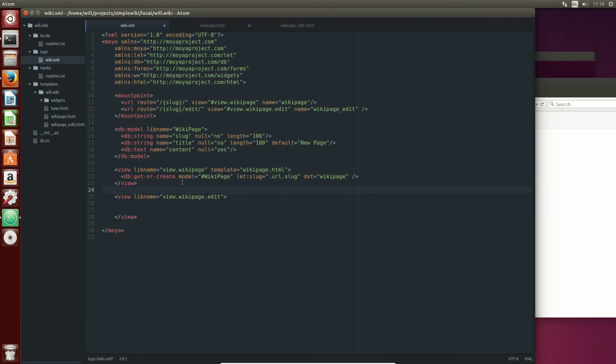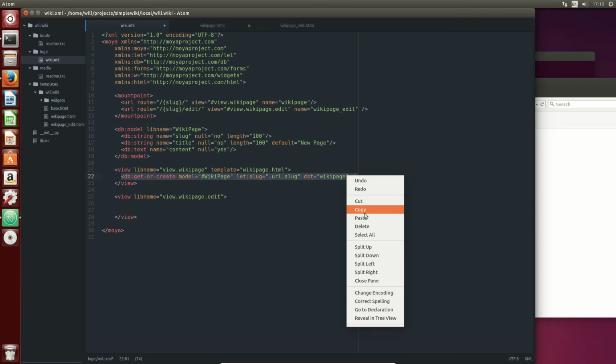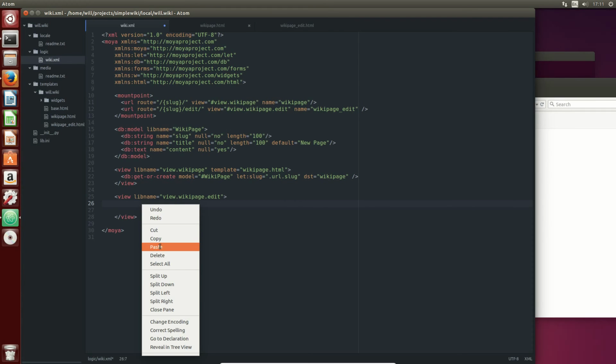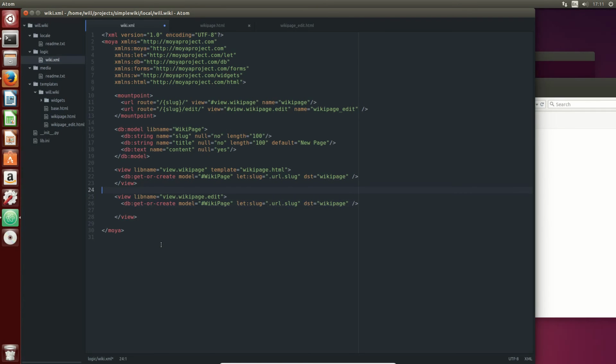So we're going to define this view here, and we're going to copy this line here because we need to work with the same database object. And to edit this object, we will need a form. You define forms in much the same way as database models. Forms has a lib name, form wiki page.edit, and give it a legend,